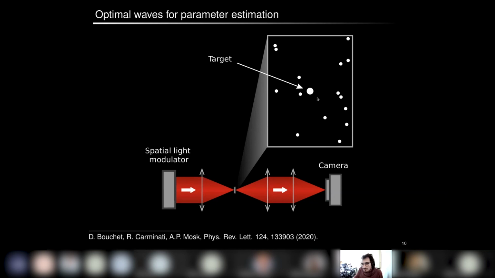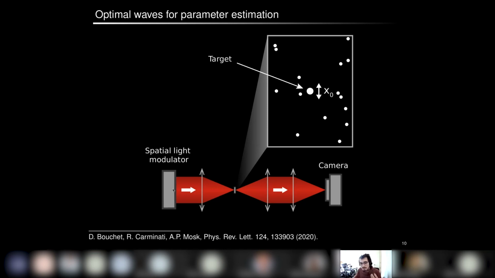And as a sample, so it's in simulations, we randomly generated some disordered media. Here it's point-like dipoles which scatter the light. It's randomly generated, and we have a target at the center of this medium, and we want to precisely localize this target. So let's say, for instance, that we want to precisely know the X position of this target. What we do is calculate the Fisher information relative to the position of the target when we measure the intensity at the camera, here at the detector.